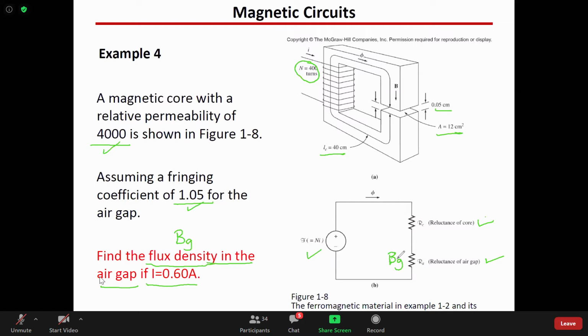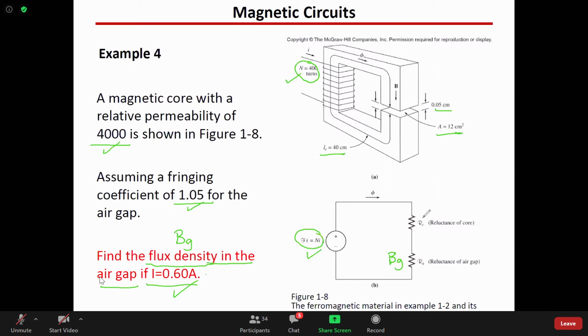First of all, let's clarify what we know about the circuit here. We can calculate F because N is already given, 400, and I is already given, 0.6, right? So we know what F is for the whole circuit. The question: can we find R_C? Yes, we can find R_C. Why? Because